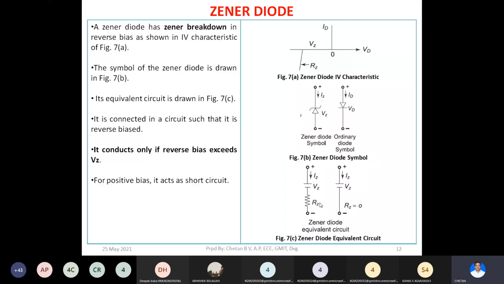And this one is the approximate model of this Zener diode, where you have just made RZ 0. So you have only this battery which indicates the reverse breakdown voltage. So what this equivalent circuit tells you is that if your applied voltage is greater than this Vz, your current Iz, that is reverse current, will drastically increase, or reverse current will exist. If your applied voltage is not greater than Vz, then Iz will be essentially equal to zero, or a very small value which can be negligible.